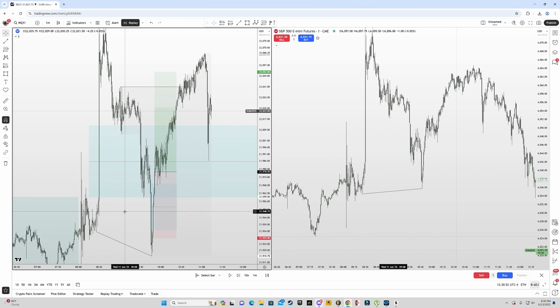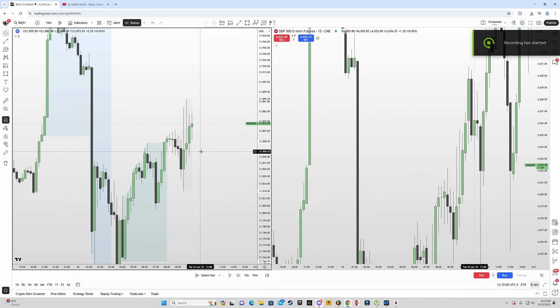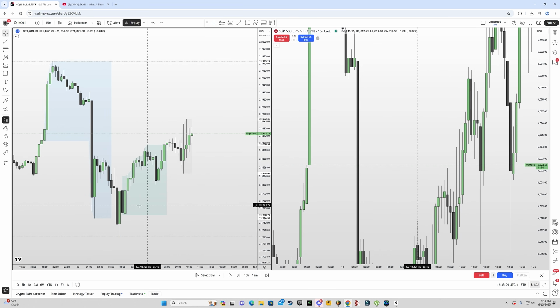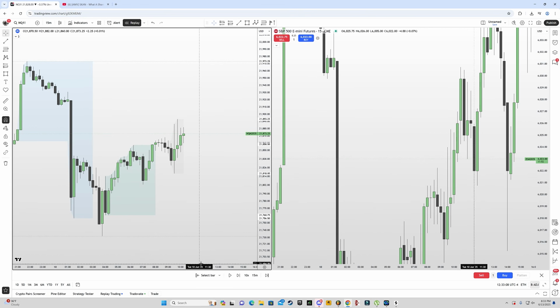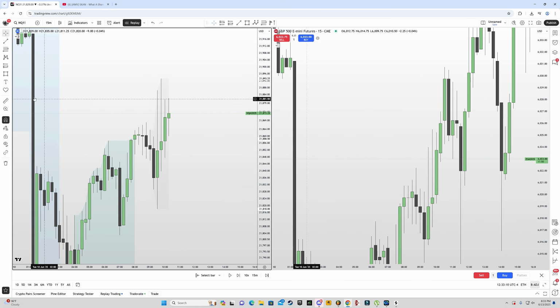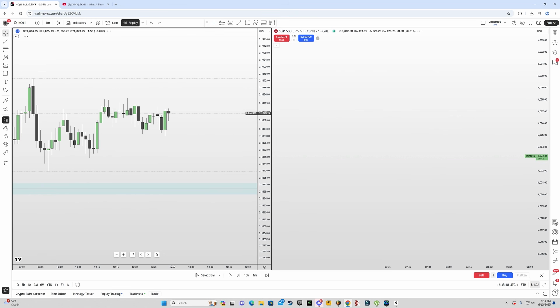So let me give you guys one more example. All right, so here is the final example, and that was the trade I also took with my Discord members, which is crazy. So over here, you can see that after we took out the Asia low, we kept pushing up, right? So what I looked for was a fair value gap, simple as that. So on the 15-minute, we had this fair value gap. Now let's go to the 1 minute time frame.